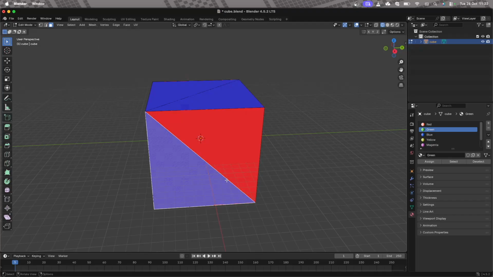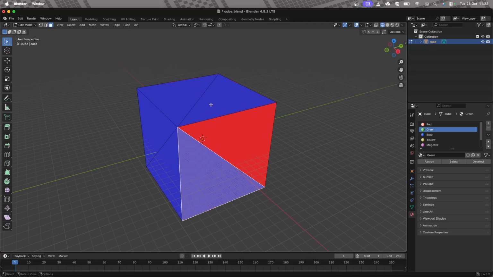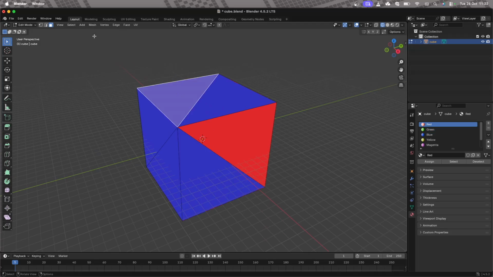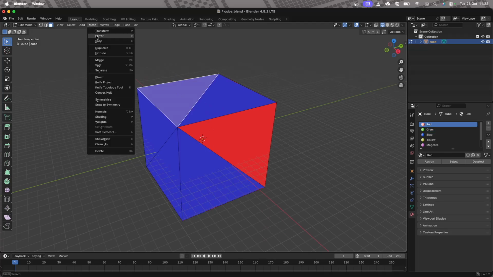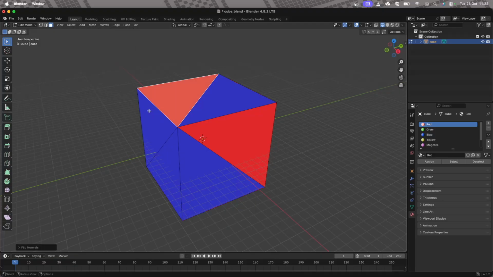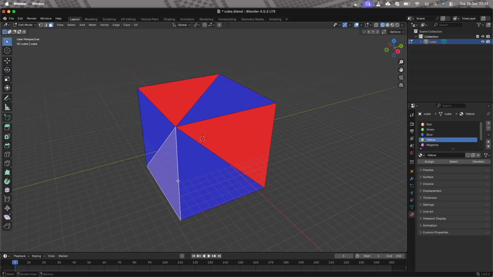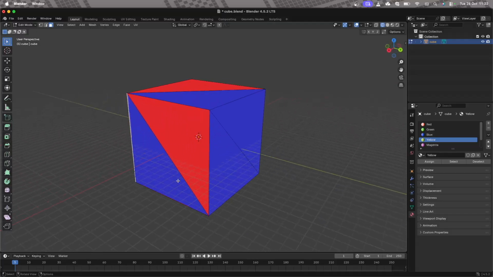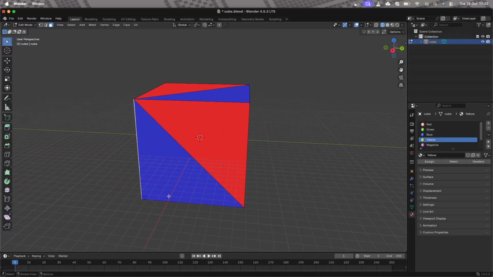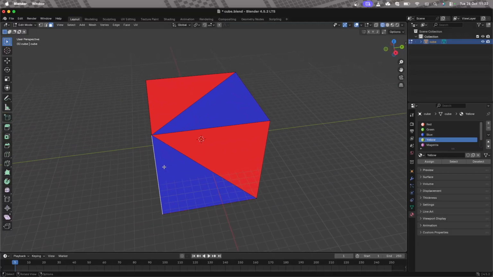So you can see now that that's changed red. I'm going to do the same for another one up here. So mesh, normal, flip. Right, so this is now a cube that is not correct. If this was rendered in the Next 3D engine, this face here would be visible when it shouldn't be visible,